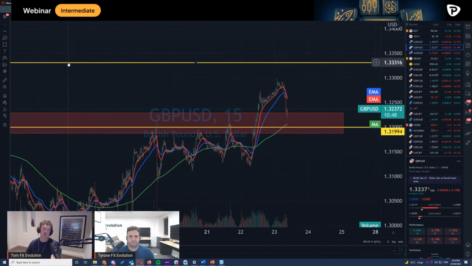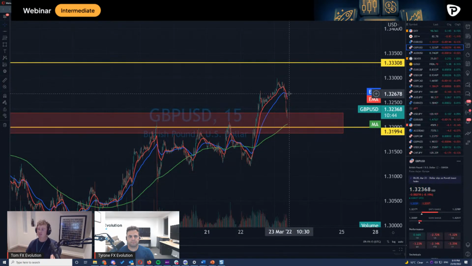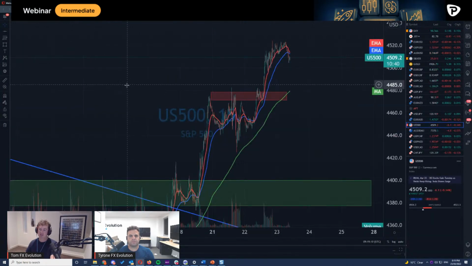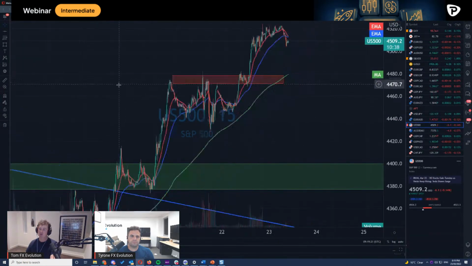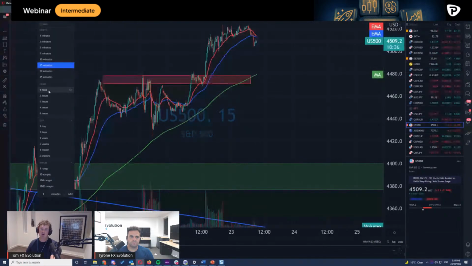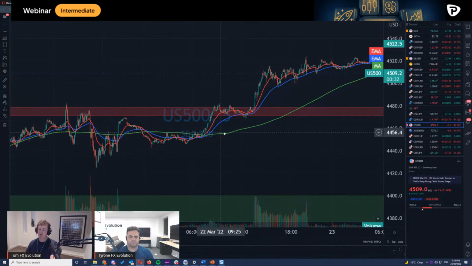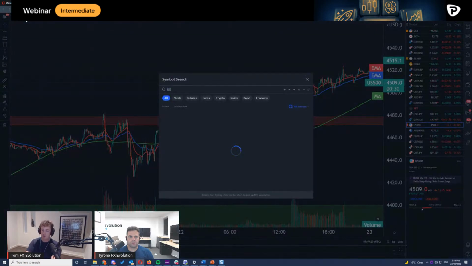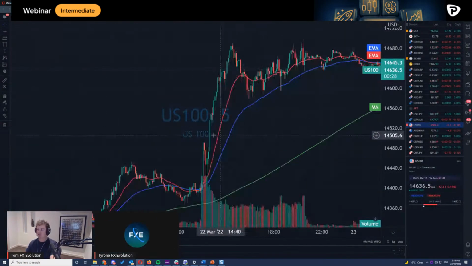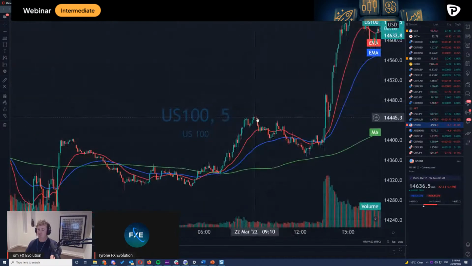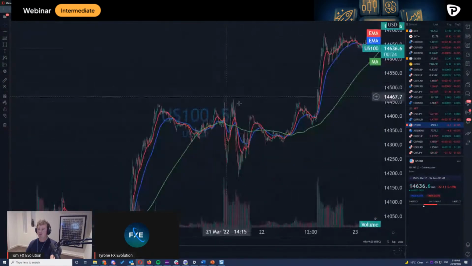Now, I'm going to show someone a little bit different here. I want to show you a US 100 or Nasdaq US 500 that happened yesterday. The reason that I want to show you this is because I think it's paramount to understanding how fast these markets are moving. And we'll use the US 100 here. We'll just type in the US 100 as a code and we'll bring it up. So here it is coming into a market open.